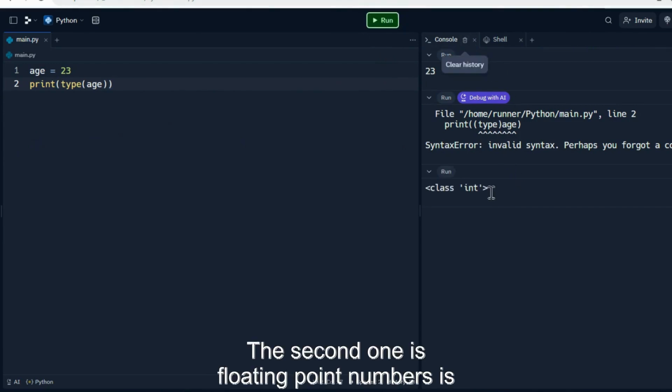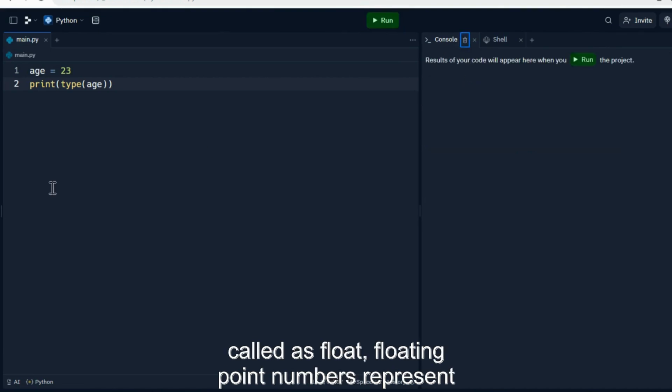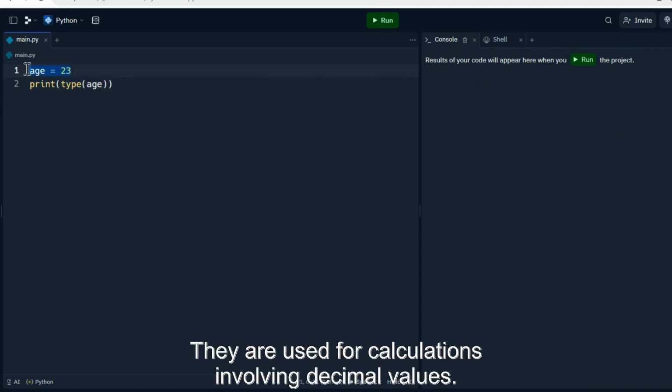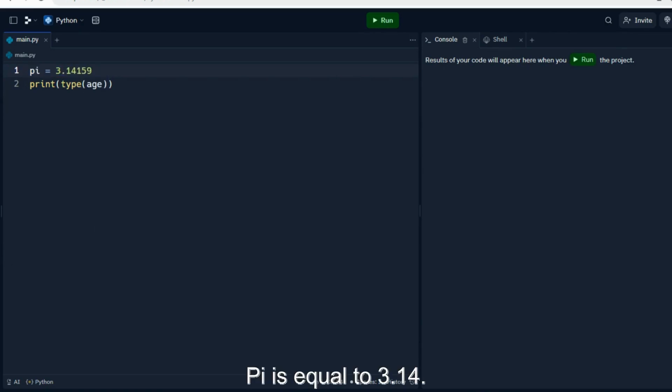The second one is floating point numbers, called float. Floating point numbers represent real numbers, including decimals and fractions. They are used for calculations involving decimal values. Pi equals